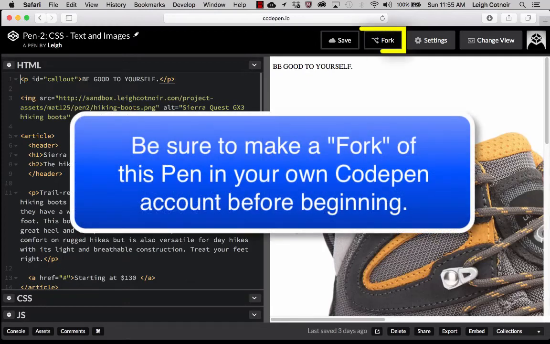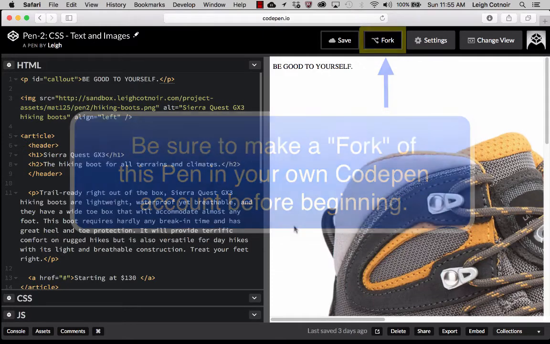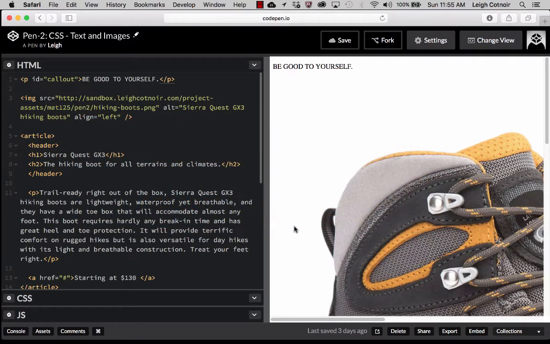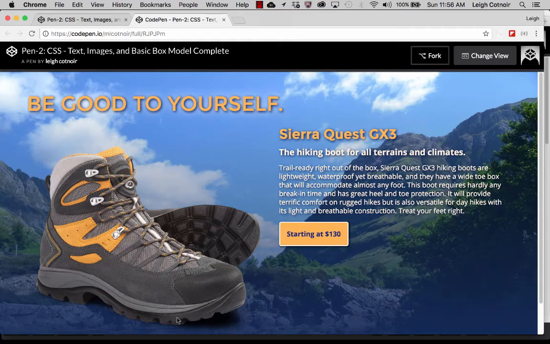All right, let's get started with this second pen where we're going to get into some CSS and styling this. Okay, so the first thing that I want to talk about is imagery. All right, so if you were to go back and look at the example, which I just pulled up here,